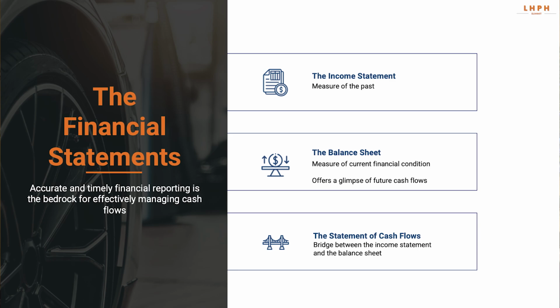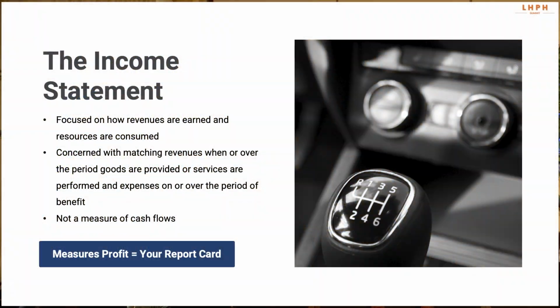Like we said, the income statement, it's a measure of past performance. That measure of past performance is really a report card. And if we have a report card, we need to understand what we're being graded on. So, what does the income statement tell us? It tells us revenues, it tells us expenses, but are those revenues and expenses actually cash revenues and cash expenses? Sometimes, yes, sometimes no. The rubric that we're being graded on is normally GAAP, and GAAP focuses on two things when we look at the income statement: revenue recognition and the matching principle.